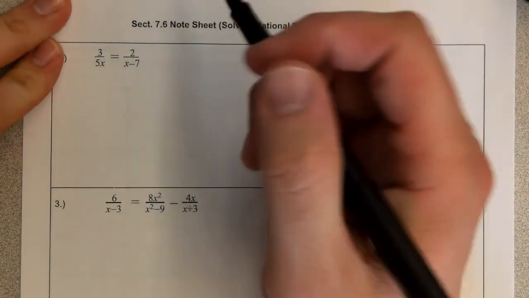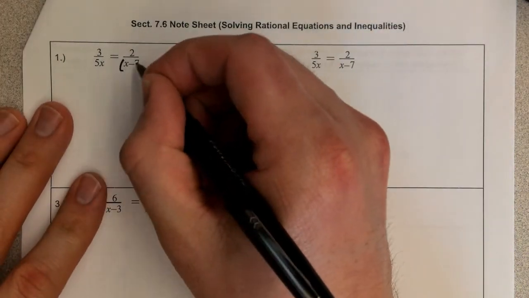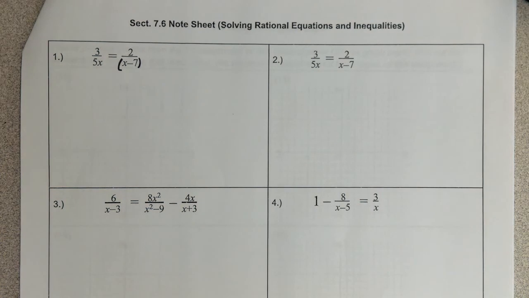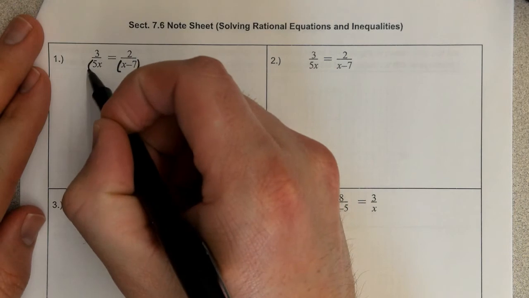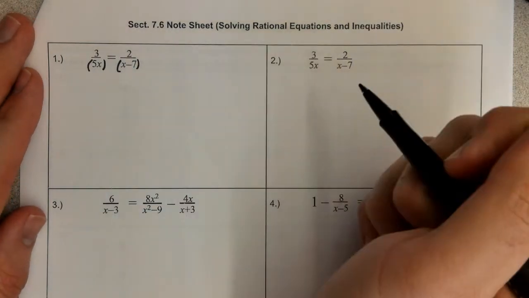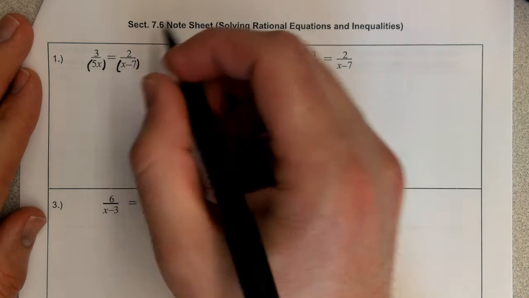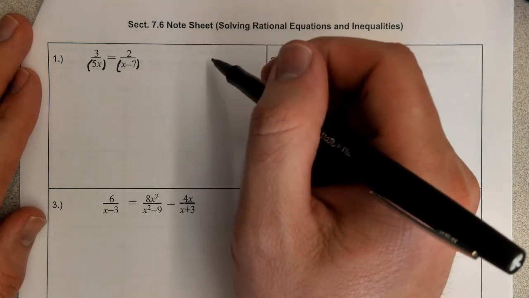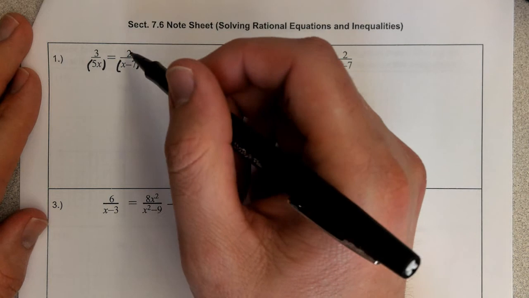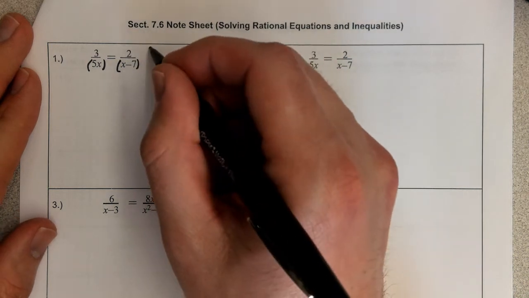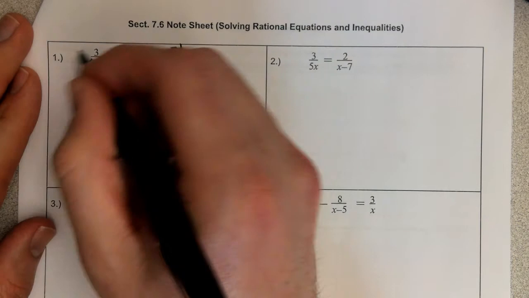Now, the first way that you can approach solving an equation like this, the goal in all of these is really to get rid of the denominators and then turn it into either a linear or a quadratic equation, so that we can actually solve it. One thing that you can do here first is think of this as just two fractions and think, all right, how would I clear out the fractions in the traditional way? Well, if this was like x over 7, I would times both sides by 7. It's more complicated than that. It's 2 over x minus 7, but the same principle still holds. So if I times both sides by x minus 7,